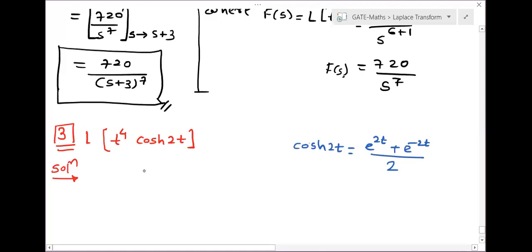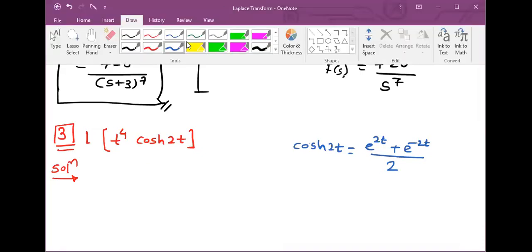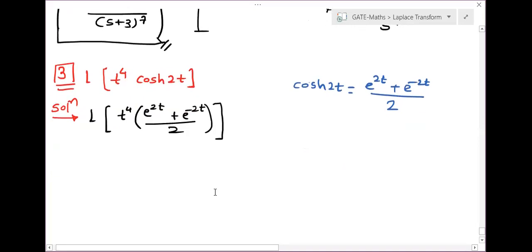Now, using this formula over here, this will become Laplace of t to the power 4 into e to the power 2t plus e to the power minus 2t divided by 2. Taking this 1/2 common, it is 1 by 2